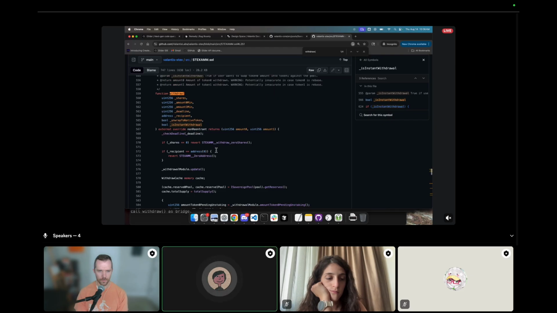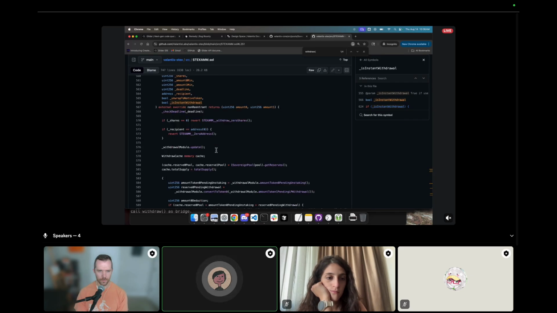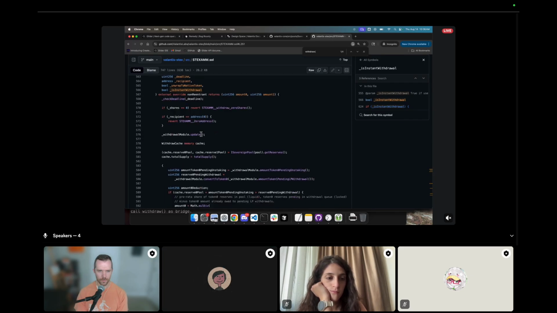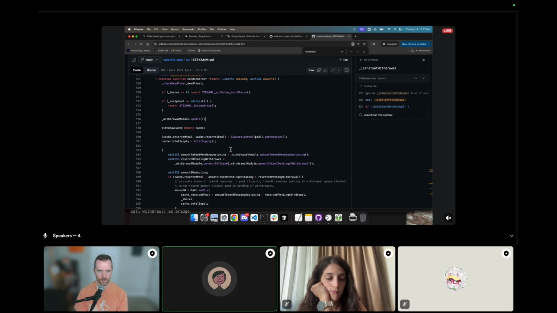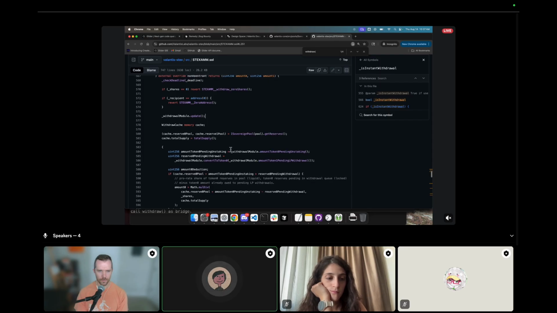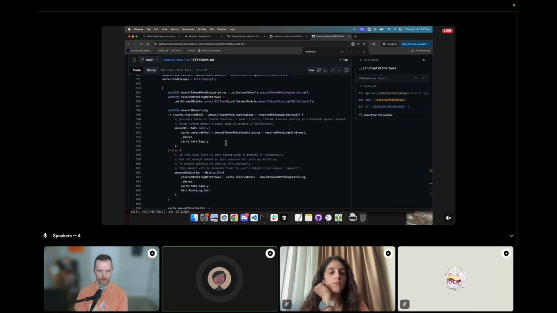Yeah, so same story here. Line 576: update all accounting that needs to get settled before you continue. That's the update function and what it does. Measure pool reserves, measure the total shares of the pool at the moment. Then the first branch, you'll definitely want to read the comments and the docs, but basically what it does is,